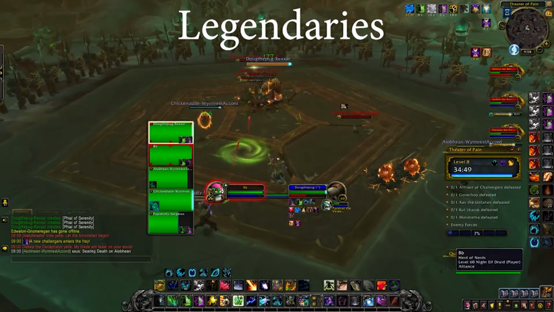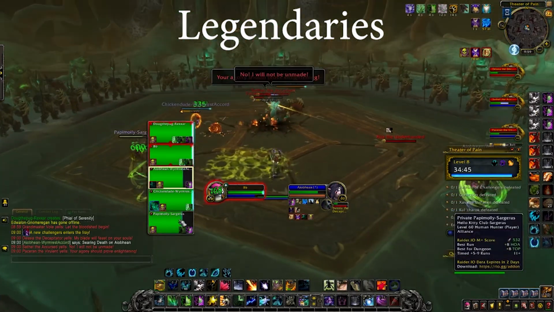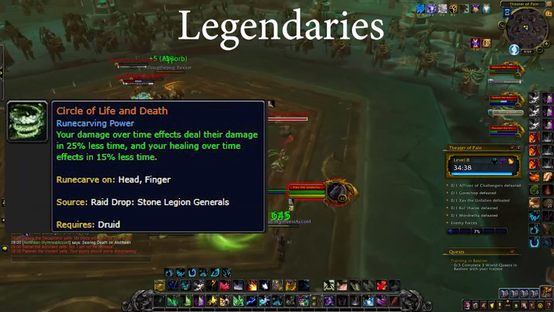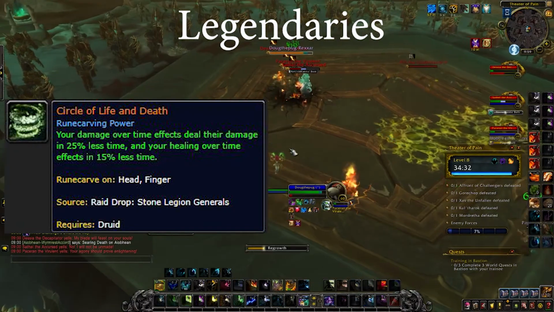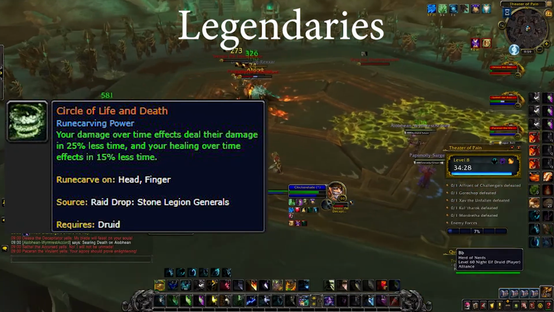So the next one that I'm going to go over is arguably the best in PvP, and that's going to be Circle of Life and Death, which states your damage over time effects deal their damage in 25% less time, and your healing over time effects in 15% less time. So the reason this is so good is just because of the straight damage and healing buffs that you get